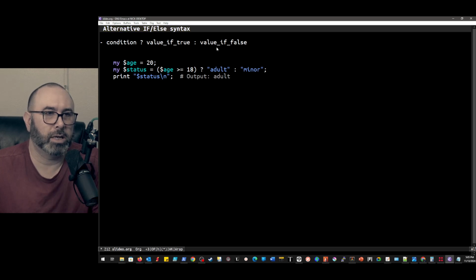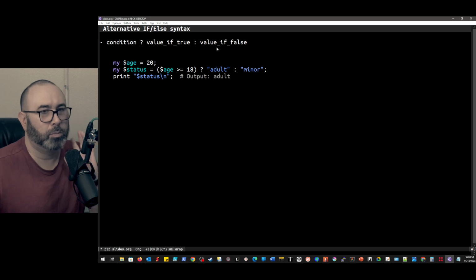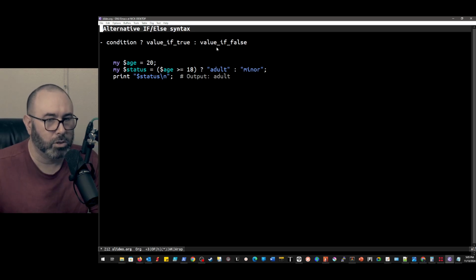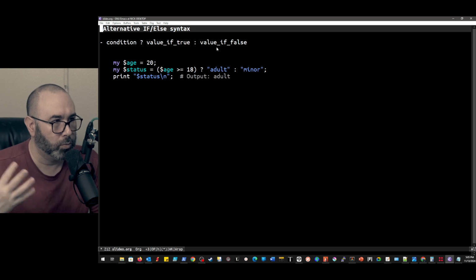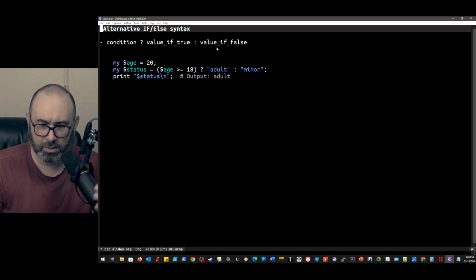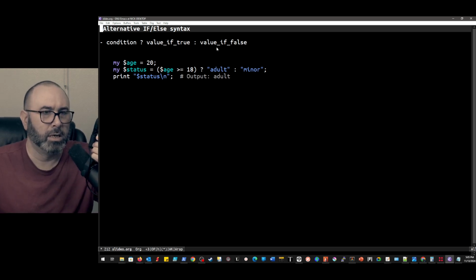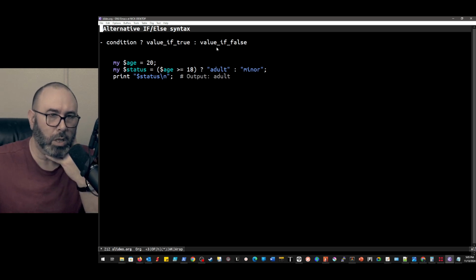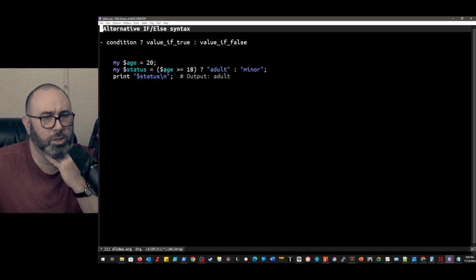We can also have some alternative syntax. Depending on how familiar your environment is with Perl, and if this is going to be shared with somebody else, you may or may not decide to use this. I think this is something that JavaScript adopted, if memory serves. I don't write a ton of JavaScript these days, so this might be something people are very comfortable with. But to my understanding, this originated in Perl.